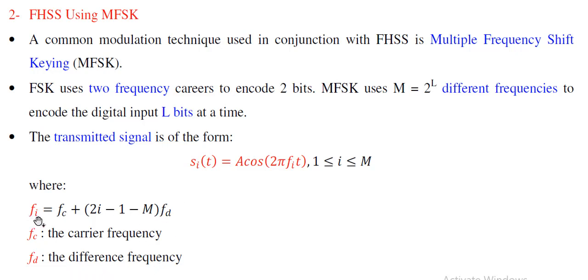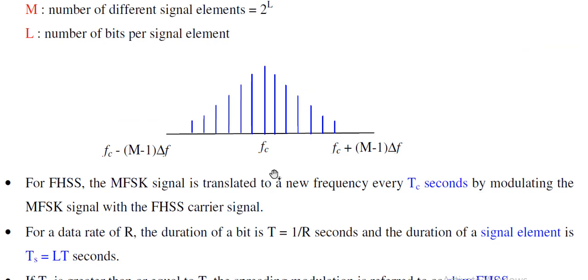The first frequency F0, for instance, is equal to Fc minus (M minus 1) Fd. This is the frequency on the left. And the last one, Fm, is Fc plus (M minus 1) Fd, as we can see here in this